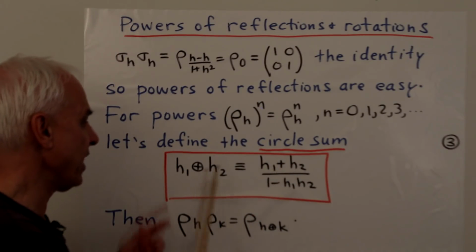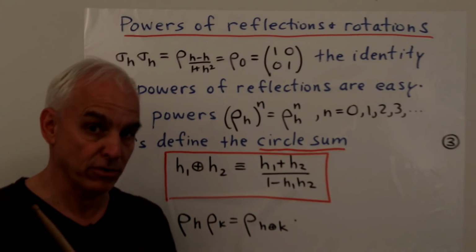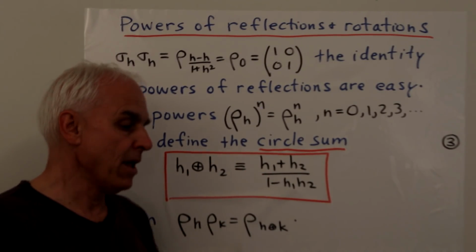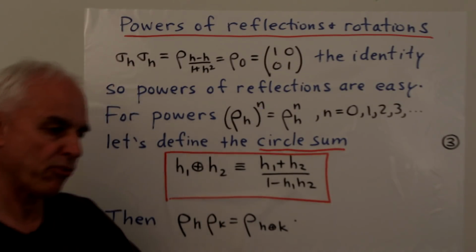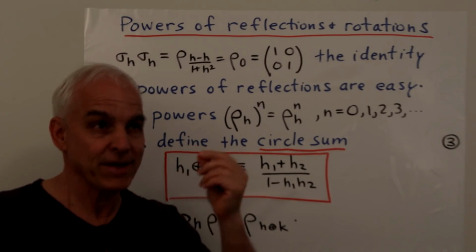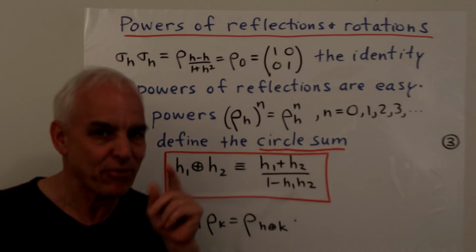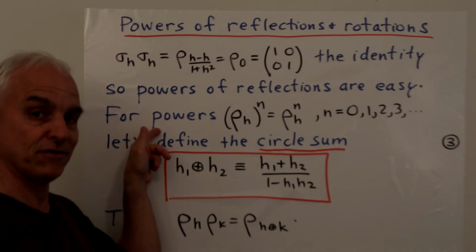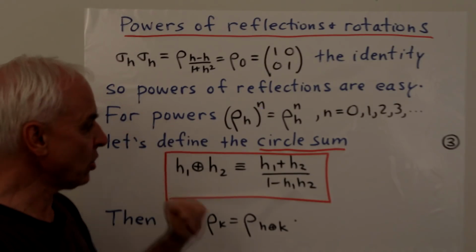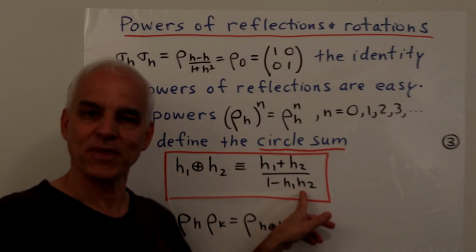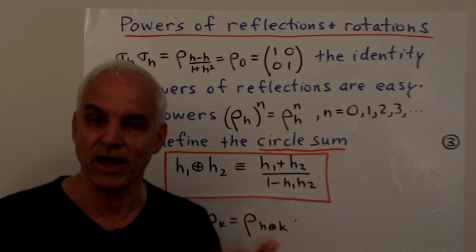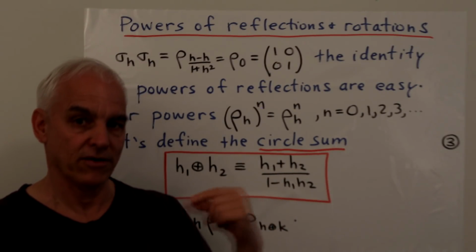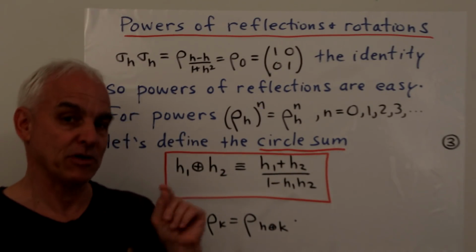The circle sum then is another number. You have two numbers, h1 and h2, rational numbers for us typically, and then the circle sum will be another one. But we have to keep in mind the possibility that when we're parameterizing the circle, there's really also an extra parameter, the parameter infinity, which is floating around, which represents the point on the far left of the circle, the minus 1, 0. Okay, so if you get a denominator here of 0, well, that's telling you that you should interpret that to be the point infinity. In other words, you're talking about the point minus 1, 0. Half slope of infinity corresponds to the point minus 1, 0.